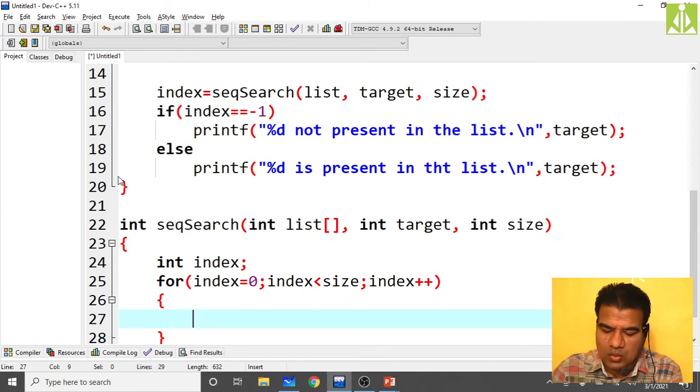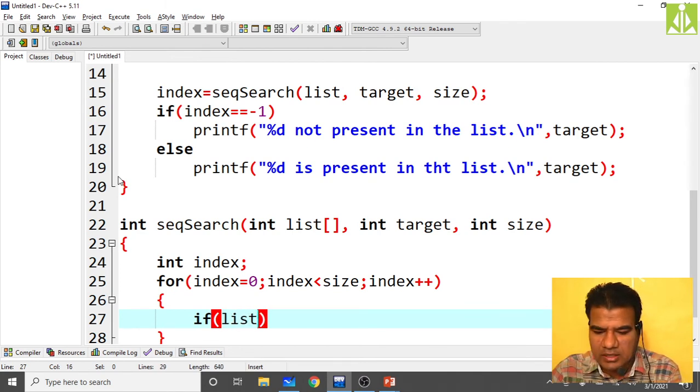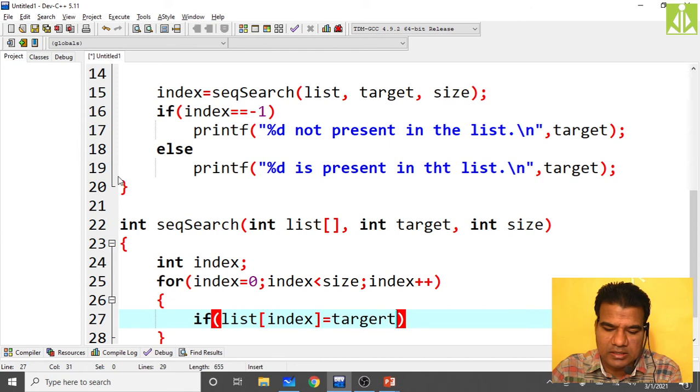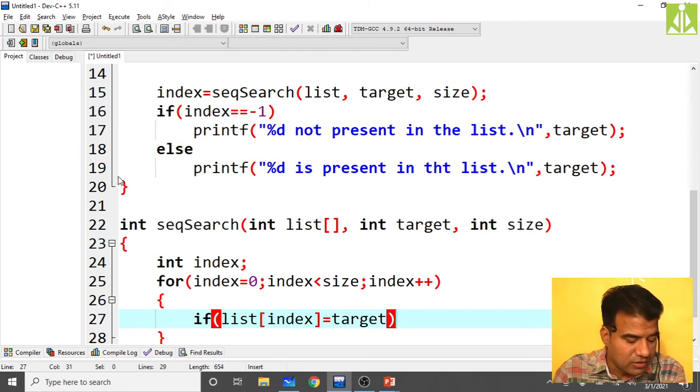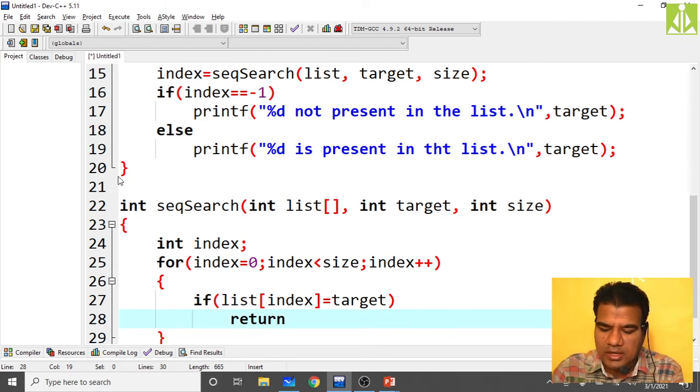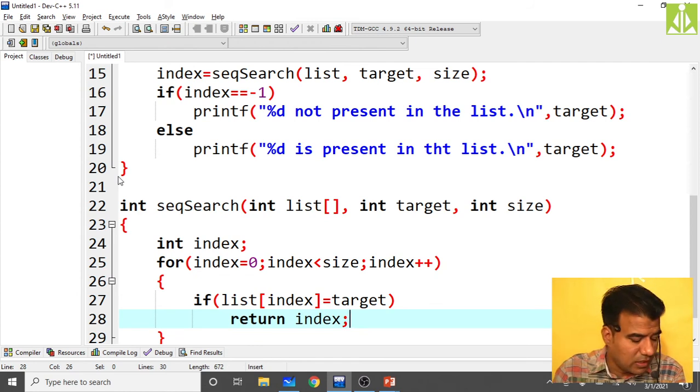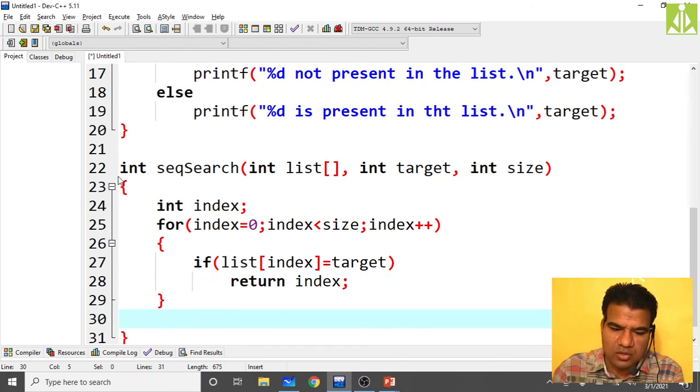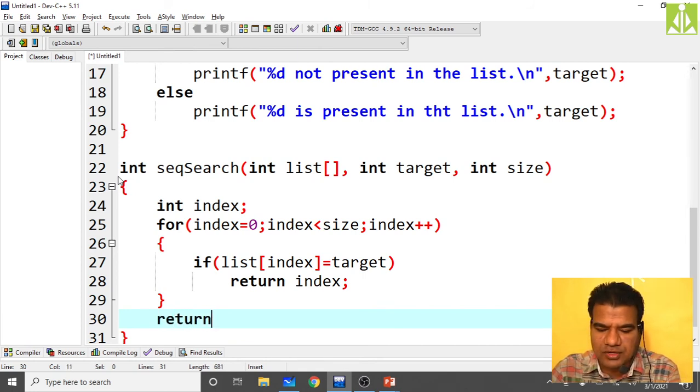Then inside this loop, if the element list of index is matching with target, then we have to return the index only. Return index. If this is not true, I mean if your loop exits and you didn't find the element, you have to return -1.